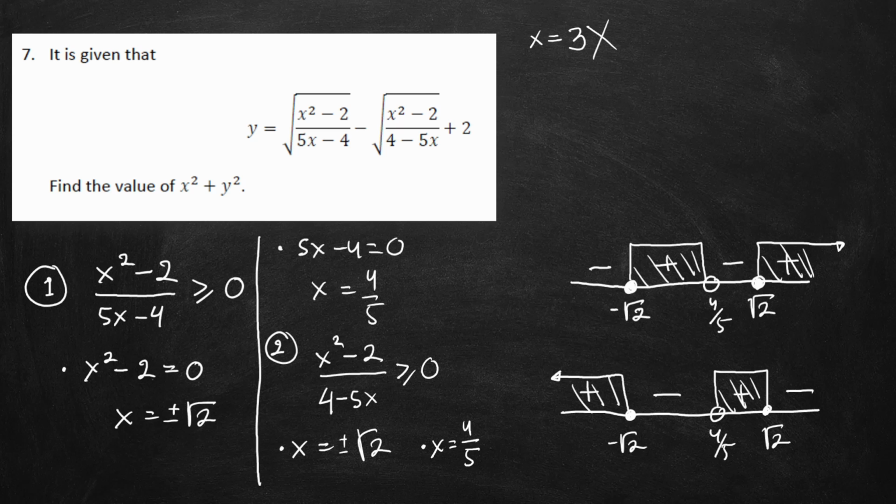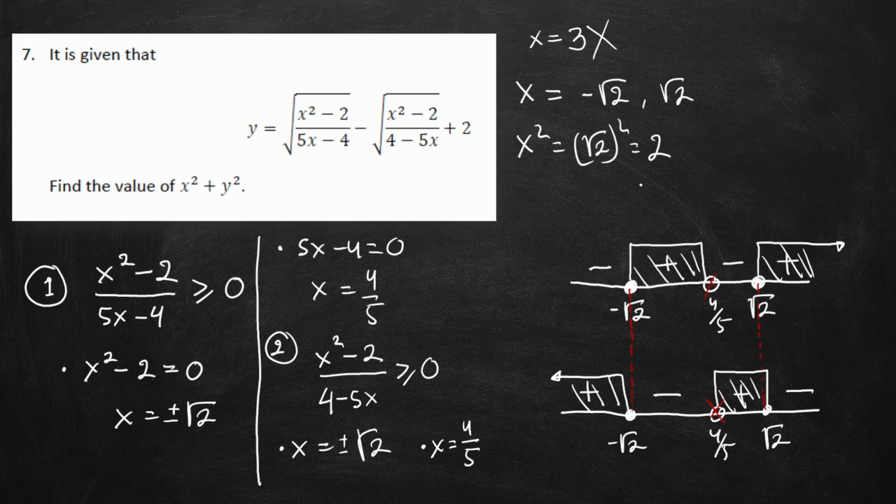So the sufficient ones are only these values, minus square root of 2 and square root of 2. How about 4 over 5? Because you can see the hollow dot, it means that you cannot choose 4 over 5. So this one is not possible. So the value of x can be minus square root of 2 or square root of 2. But since here they are asking about x squared, the x squared of minus square root of 2 or square root of 2 is actually the same. So I will just choose one of them,